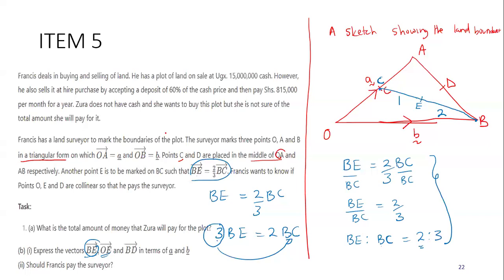When you meet surveyors, sometimes even when people are working on roads, you usually see people holding some kind of mast. It looks like this. Someone stands from a distance and then starts looking through. So he's trying to find out whether things are along a straight line. So Francis wants to find out whether they are surely along a straight line. But which points is he looking at? Whether O, E, and D are along a straight line.